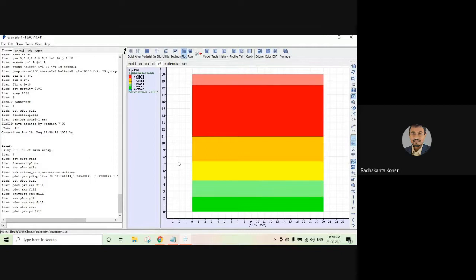But there is a big but in that sense. When I started learning this toolbox in 2006-7, it is almost 15 years I am working on this. In the initial days, at that time only Slack version 4 was available, so this much development was not there in the GUI.